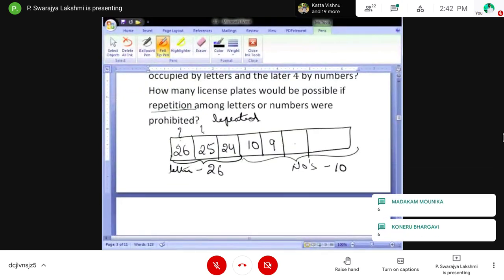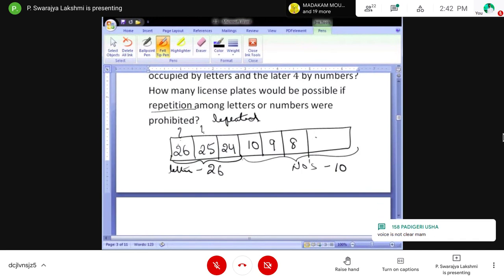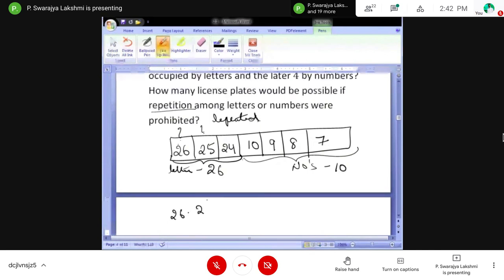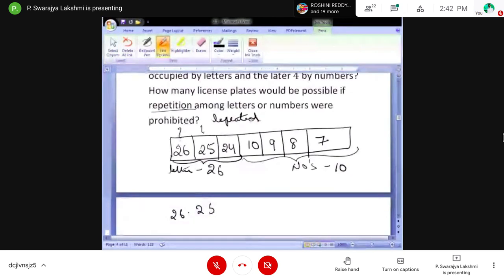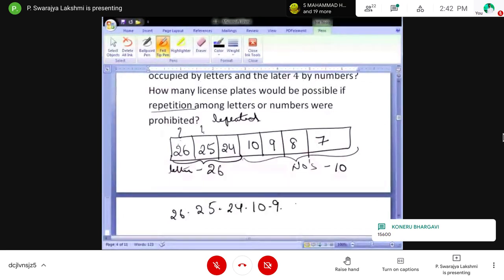So the answer becomes 26 into 25 into 24 into 10 into 9 into 8 into 7.